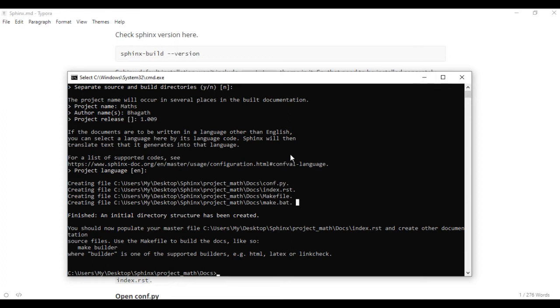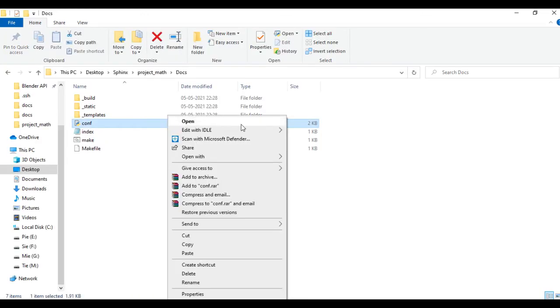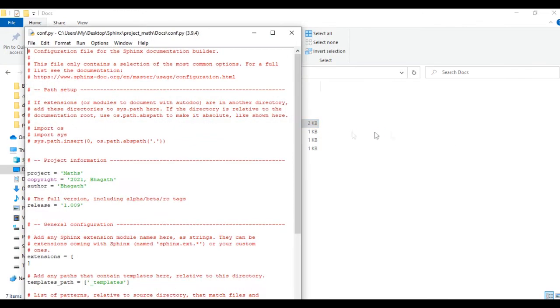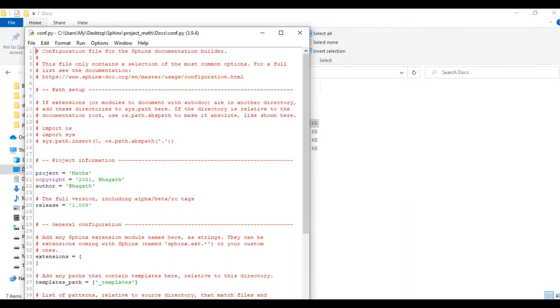We have to modify conf.py and index.rst. Open conf.py, show line numbers, and in this file we have to uncomment lines 13, 14 and 15. These lines add our source code path to the system path to use later in HTML making.